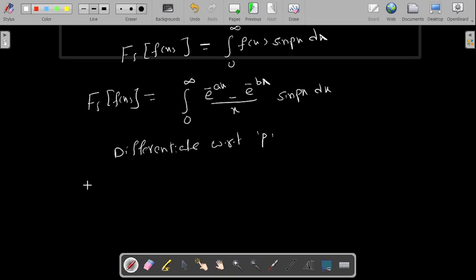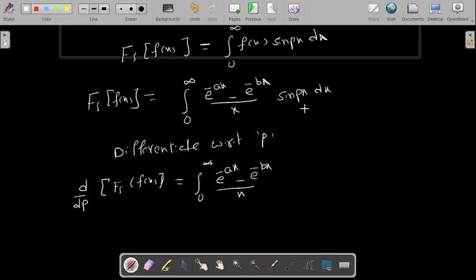So on the left side, d by dp of Fs of f of x, the sine transform of f of x, is equal to integral 0 to infinity. When you are differentiating with respect to p, this x is all constant, so it does not disturb anything: e power minus ax minus e power minus bx by x, and the differentiation of sin px. Can anybody say